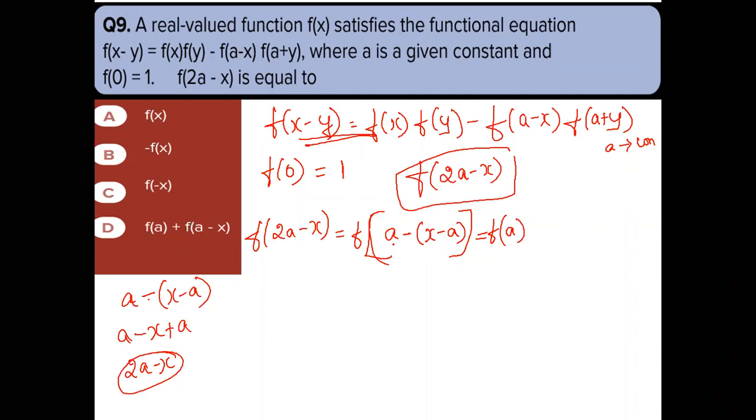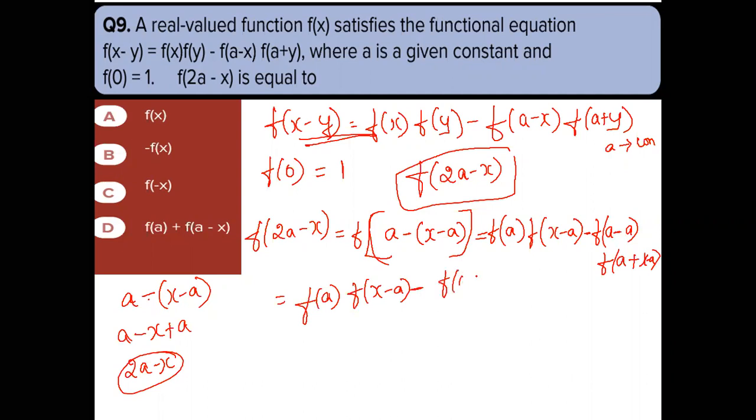So it is f of a into f of x minus a minus f of a minus x, here x is a, into f of a plus y, y is x minus a. So we'll get f of a into f of x minus a minus f of a minus a, which is f of 0, into f of a plus...